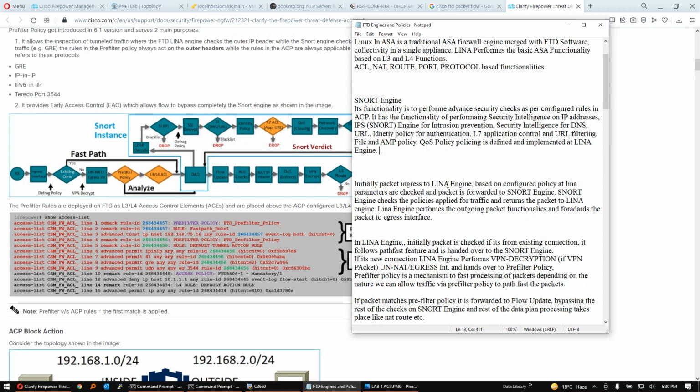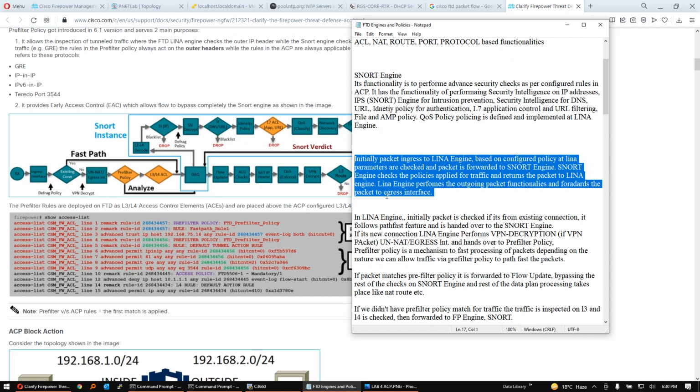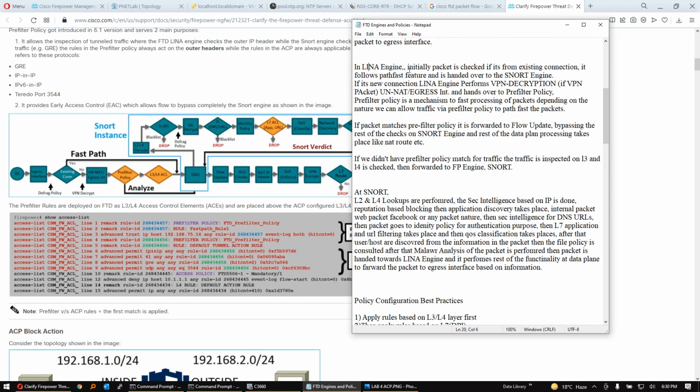Initially the packet ingresses to the LINA engine. Based on configured policy at LINA, parameters are checked and the packet is forwarded to the SNORT engine. The SNORT engine checks the policy applied for traffic and returns the packet to the LINA engine. This is quite a high level understanding. In the LINA engine, initially the packet is checked. If it's from an existing connection, it follows the fast path feature and is handed over to the SNORT engine. If it's a new connection, the LINA engine performs VPN decryption and the rest of the things and hands over to the